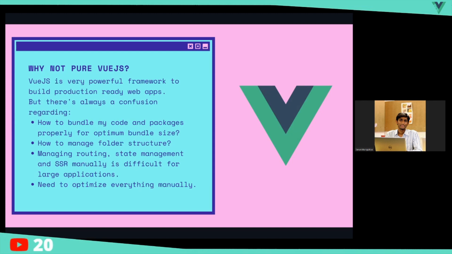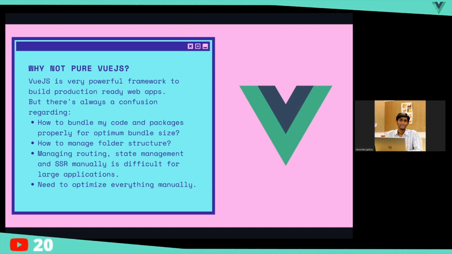Because whenever we start with any library or new framework, we need to know where I should put my Vue files, my JavaScript files, my images or CSS assets, JavaScript assets, or any other assets. Then there can be static styles and everything. So using Nuxt, one advantage is that it gives us out of the box